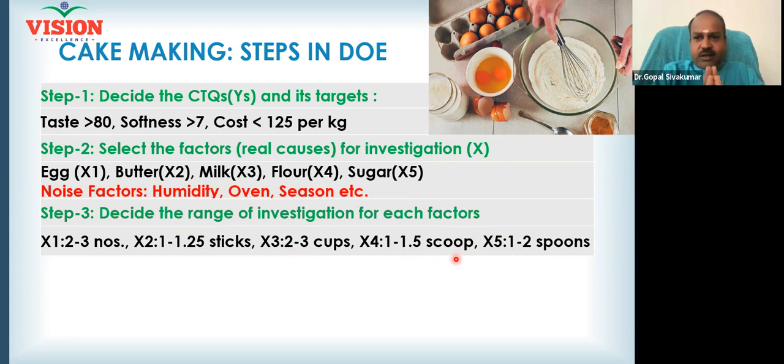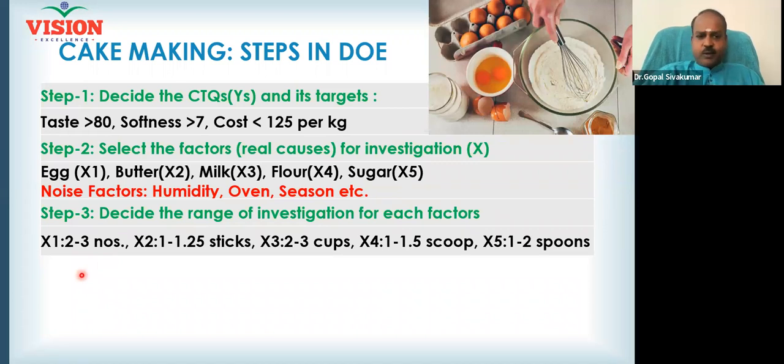So this is called range of investigation. You can always choose the center value also. If I choose the center value, let us say between 2 egg and 3 egg, I am also experimenting 2.5 eggs. Now how many levels? Levels have now increased to 3. Do you understand? If the options are 2 and 3, 2 levels. If the options are 2, 2.5 and 3, now how many levels? 3 levels. Right? So levels are decided by you